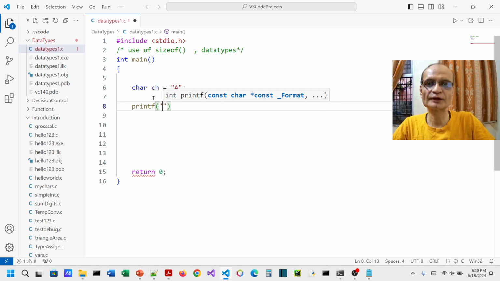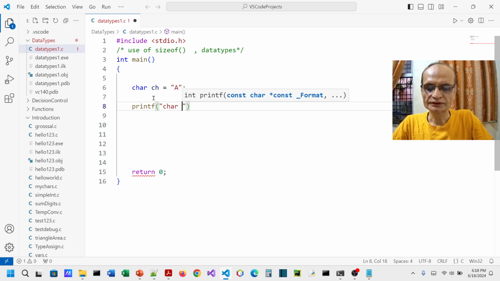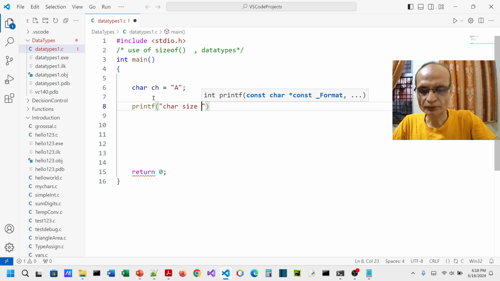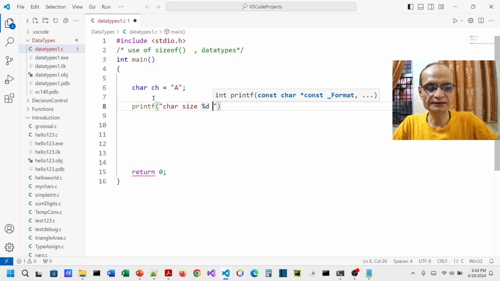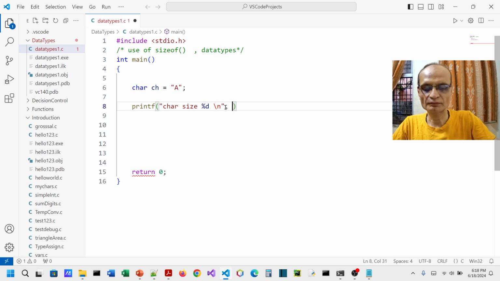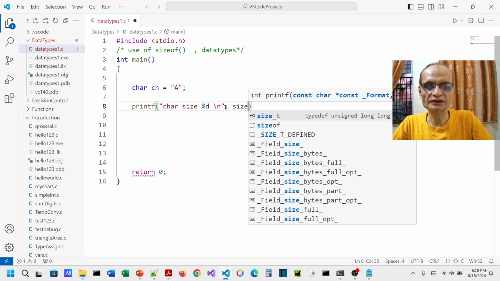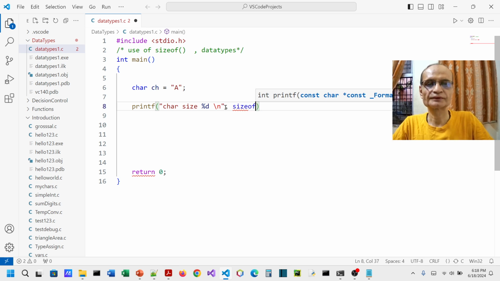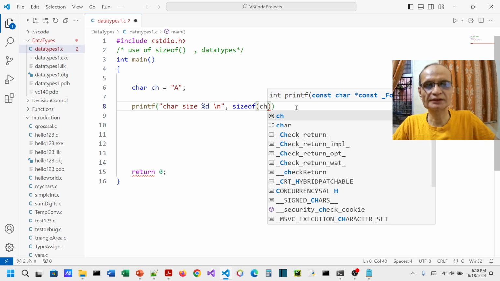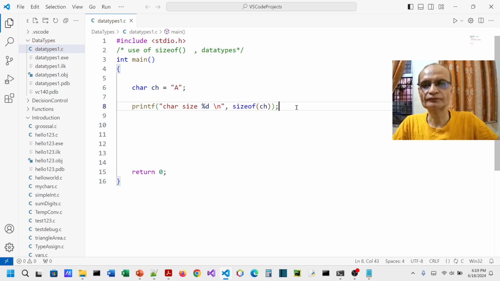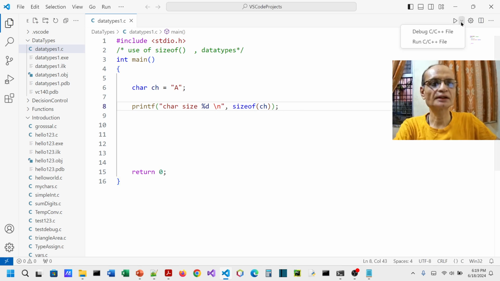You can always put a breakpoint and a watch and all that, but a very easy way is to print "character size", then a comma. And now you will see I am using the sizeof operator, and here I will simply pass ch, the name of the variable. Now if I run this code,